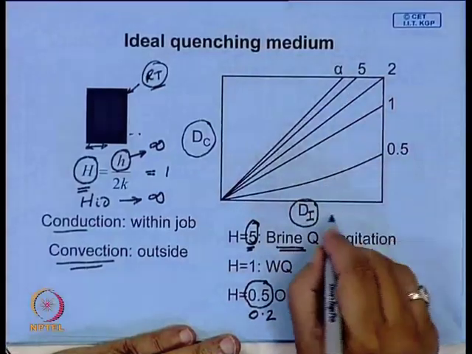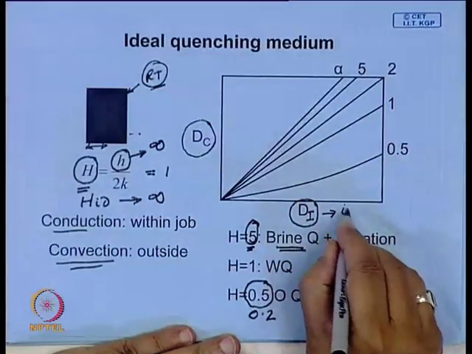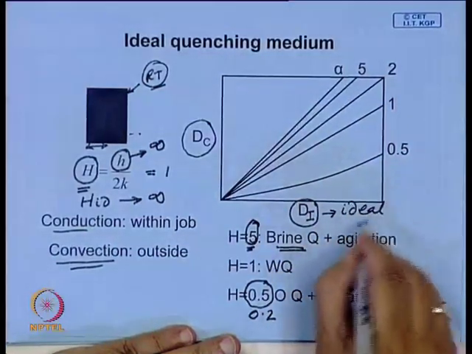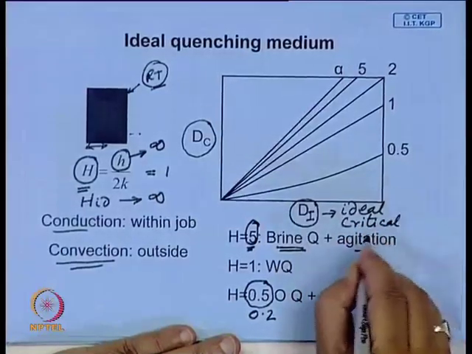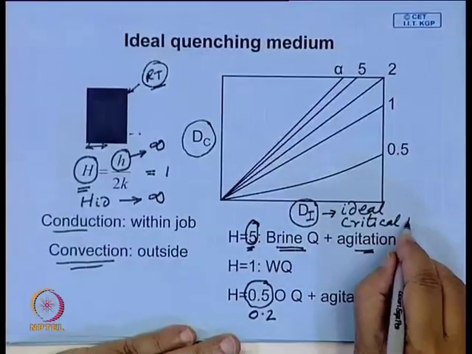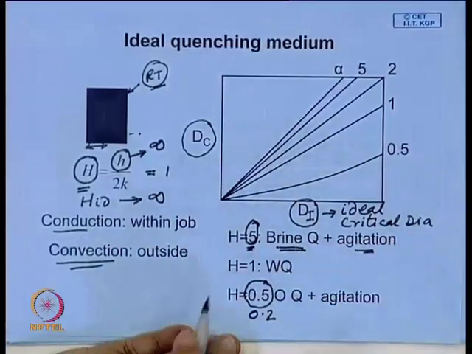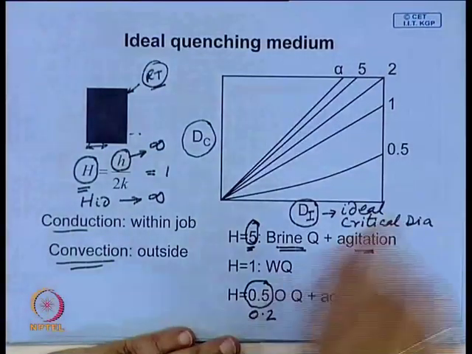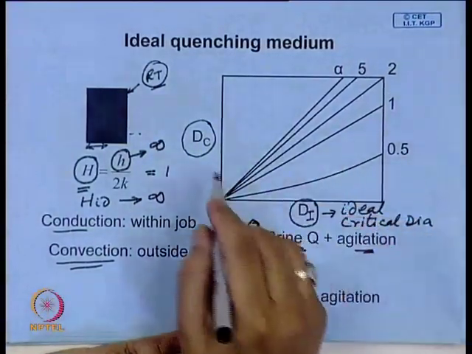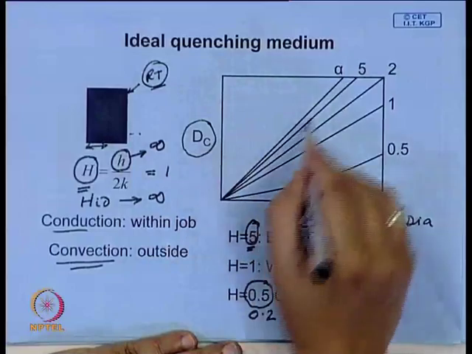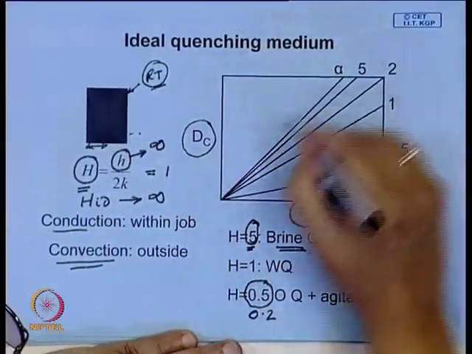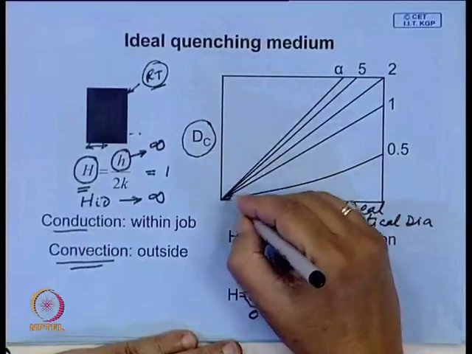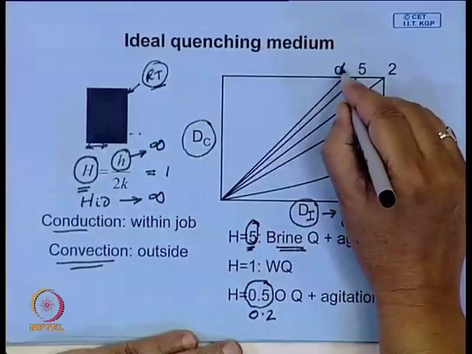So, this is called ideal critical diameter. Ideal critical diameter is defined, and the relationship between dC and di. So, therefore, if you can draw such lines, these have been evaluated experimentally, that ideal quenching medium has infinite